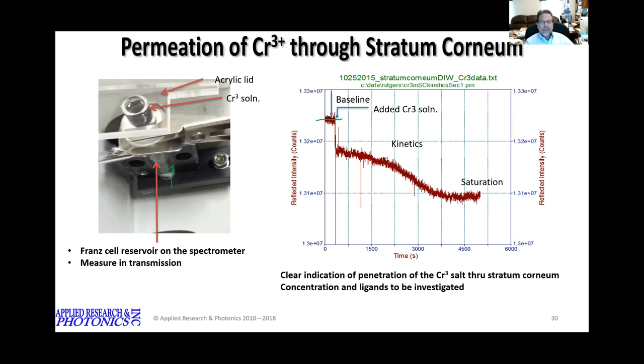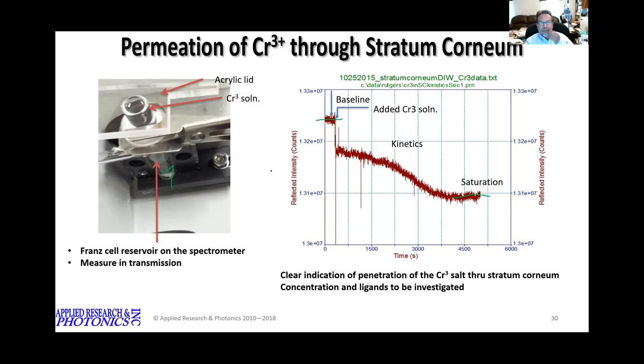As you can see, as soon as we applied that chromium solution, the intensity, this is transmitted intensity, although it shows here as reflected, went down, and eventually it saturated after a while. That means all the chromium that can go through the stratum corneum has gone into the reservoir, and some of it is now stuck on the